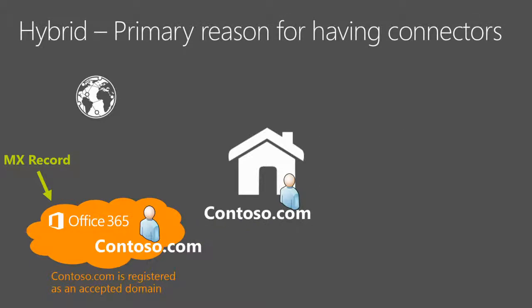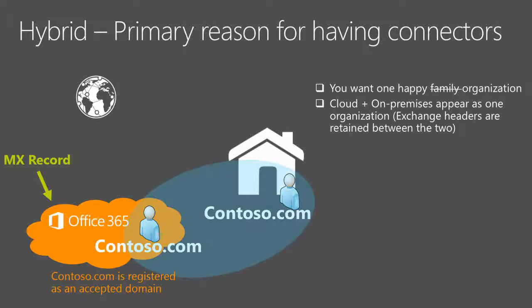Now, one of the things that more organizations want, in a situation where they have users in the cloud as well as on-premises, is one happy organization. They want one seamless experience. In fact, the goal is you don't want your users in the cloud knowing that they have a mailbox in the cloud. They actually won't even know the difference if everything is set up correctly. Email and everything else works as if both these mailboxes, the one in the cloud as well as the one on-premises, were both on-premises. So in a situation like this, that's why you want to create connectors, because exchange headers